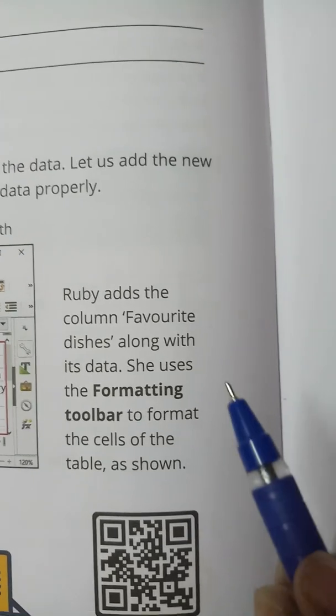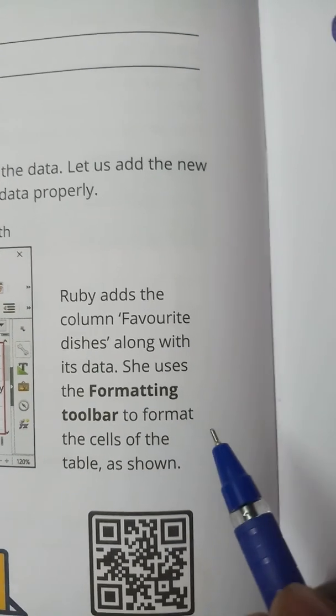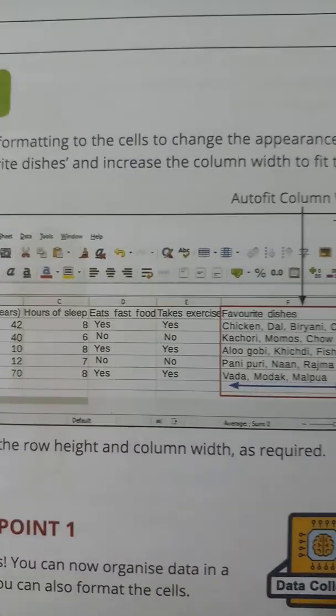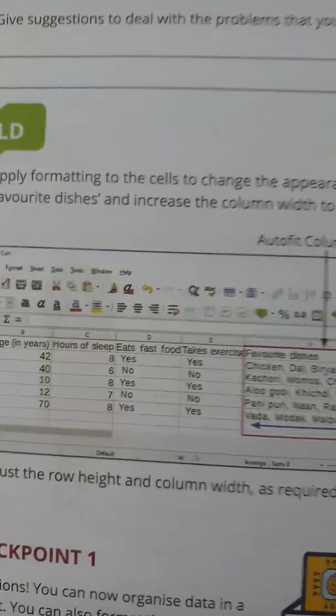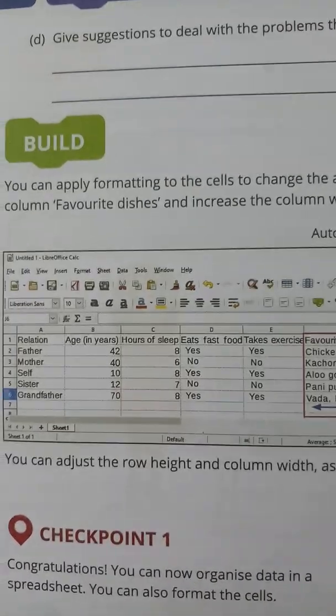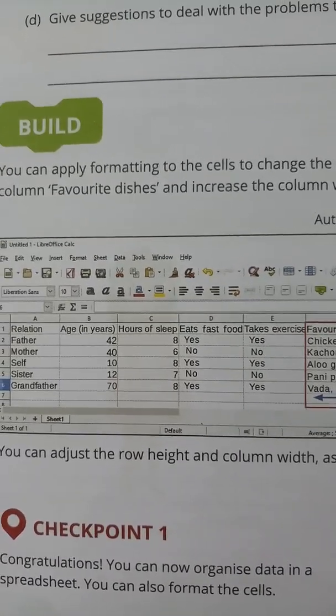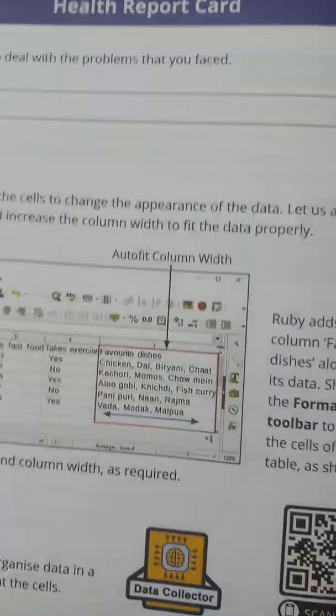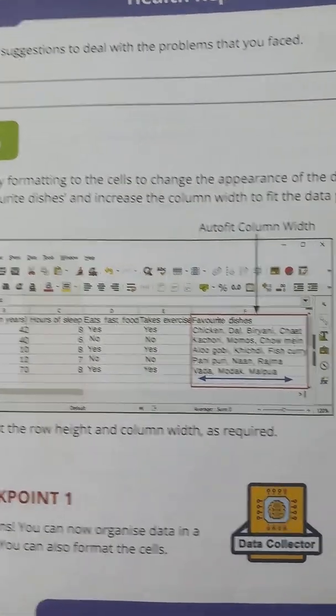In the formatting toolbar you can adjust the row height and column width as required.